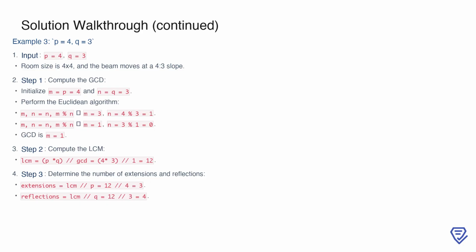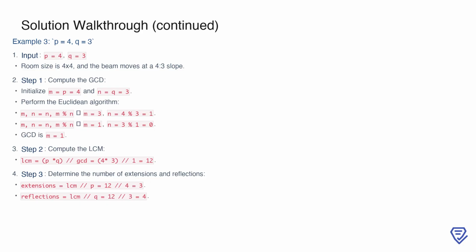Using the Euclidean algorithm, we start with m equals 4 and n equals 3. The sequence of steps is m, n equals n, m%n, which gives m equals 3 and n equals 4%3 equals 1, and then m equals 1 and n equals 3%1 equals 0. The GCD is 1. Next, we calculate the LCM using